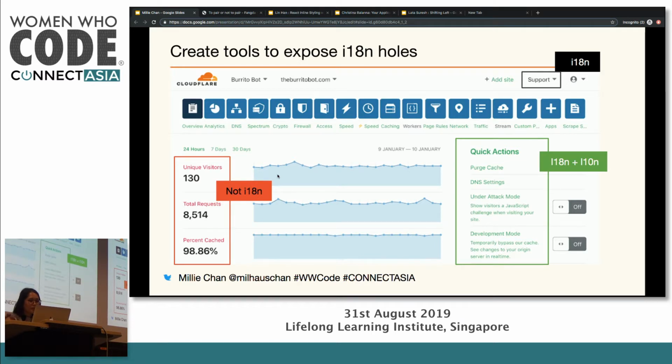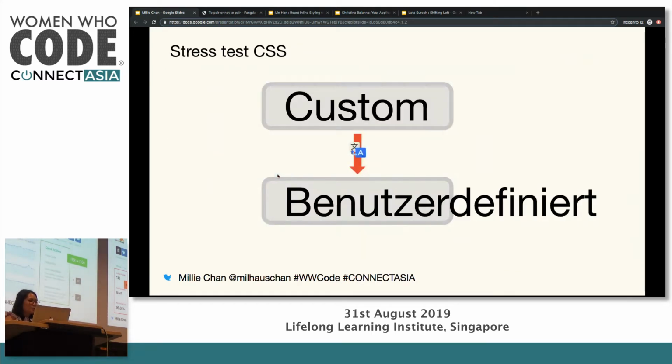And so our last task was to stress test our CSS. This was probably one of the funner parts of this. So we chose German as our first language to localize into, and the short answer for that is just because German words are 40% longer than English, and we knew that it would probably break our CSS. As front-end devs, we feel like our CSS is pretty good, but let's just see what happens. So in this case, we have a button in English, and then once we translate it into German, I'm not going to say it to butcher it, but it totally spills out of the button width.